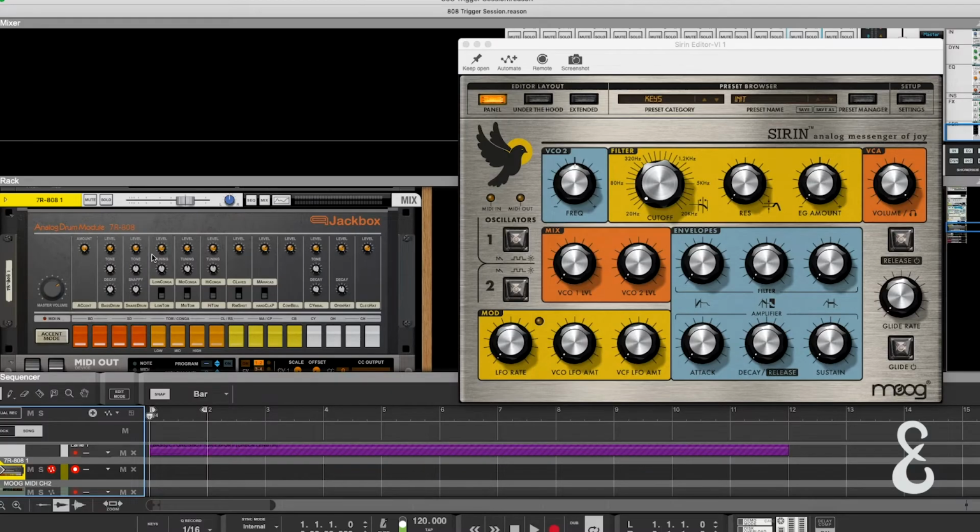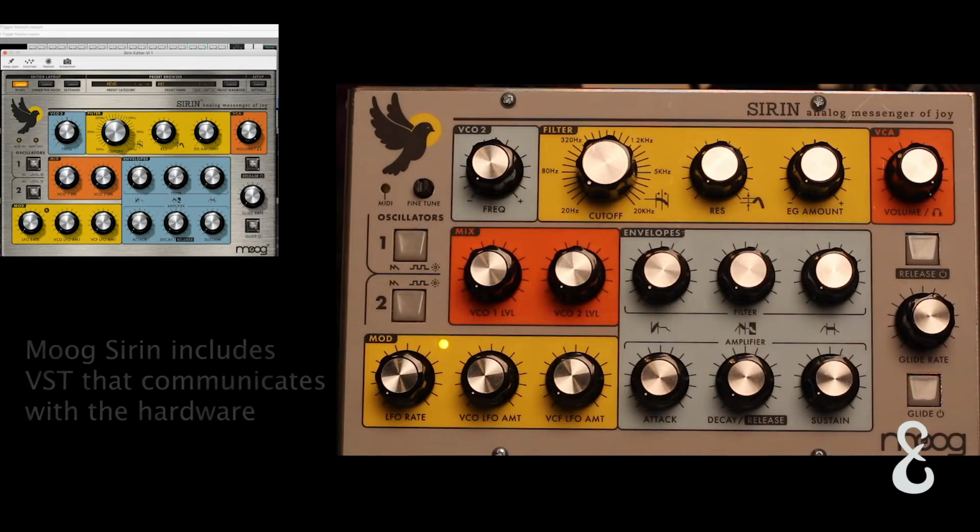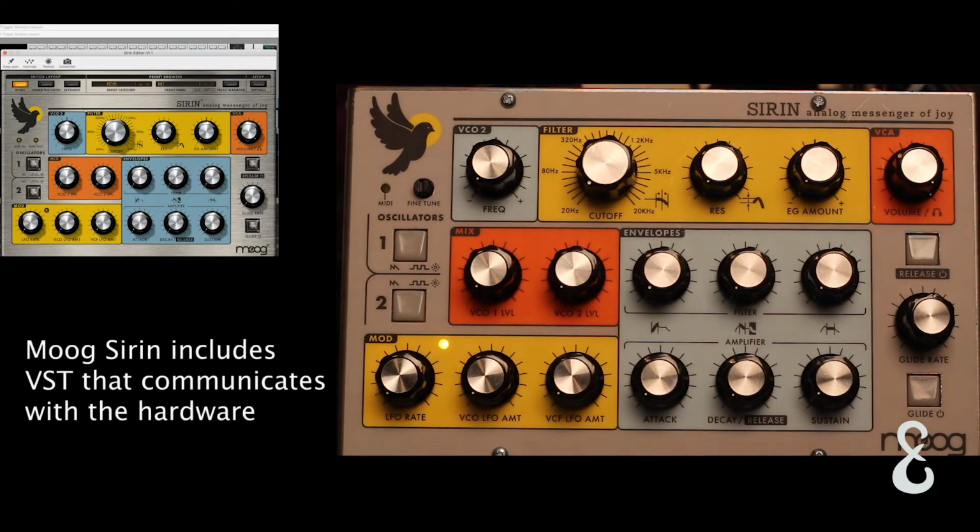First off, let's start with what an 808 bass sounds like. And I'm using an 808 emulation from Jackbox. It's a Reason extension, rack extension within Reason 12. Okay, so now that we know what a basic 808 sounds like, we're going to create an 808 using the